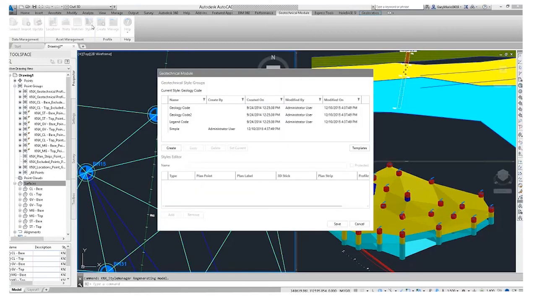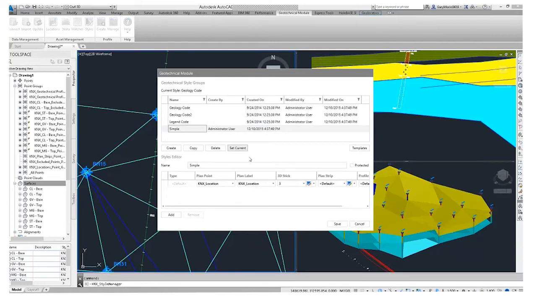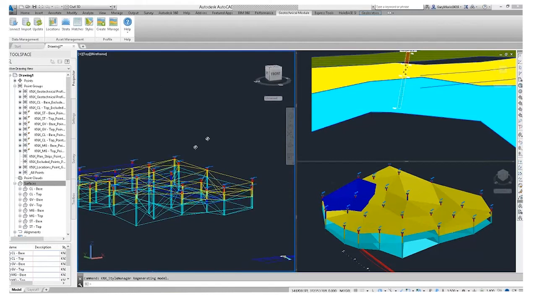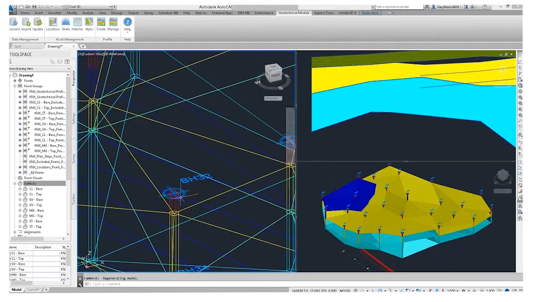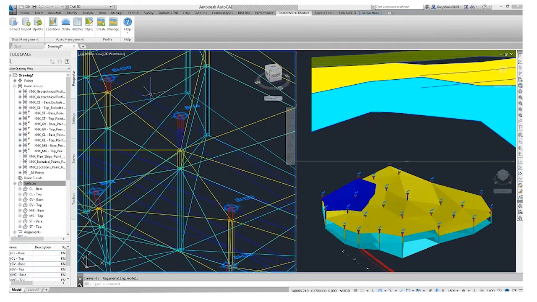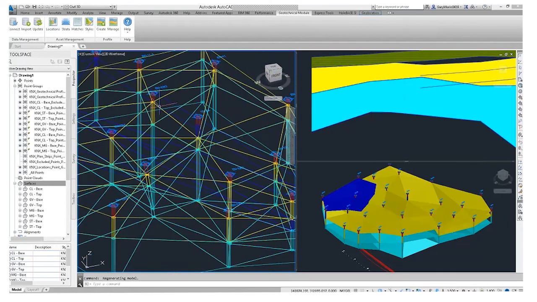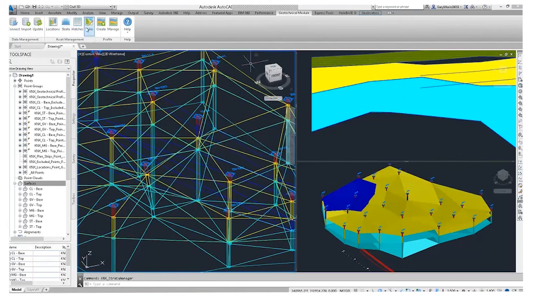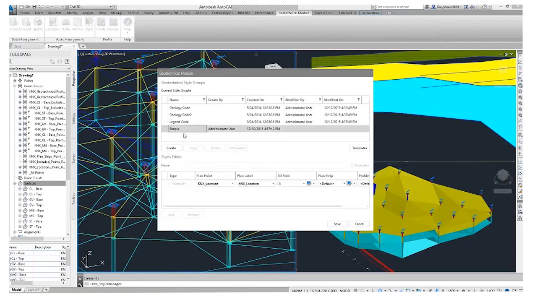If I come back in here again, I can pick on simple now and go set current. And I don't know if you notice that now, but all of our borings have now altered size, and we're using the same block for the point for everything. So I can just come in here now, go back to my style manager, go to simple, and perhaps I can say here, actually, if you find, let's say, let's add a